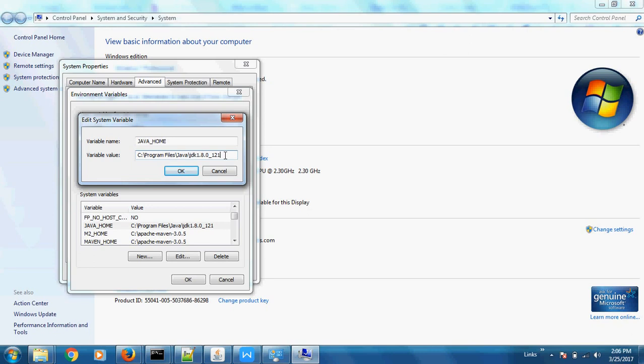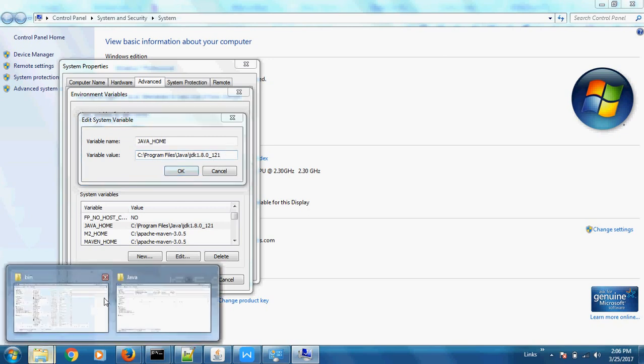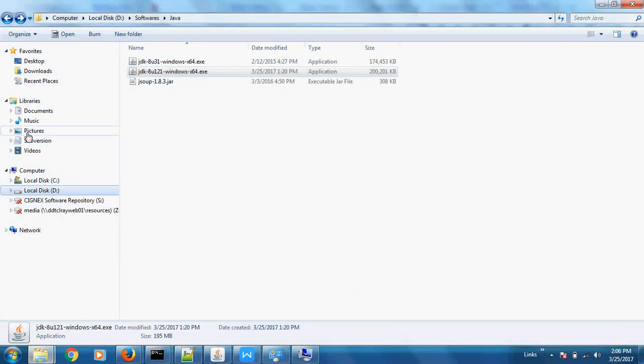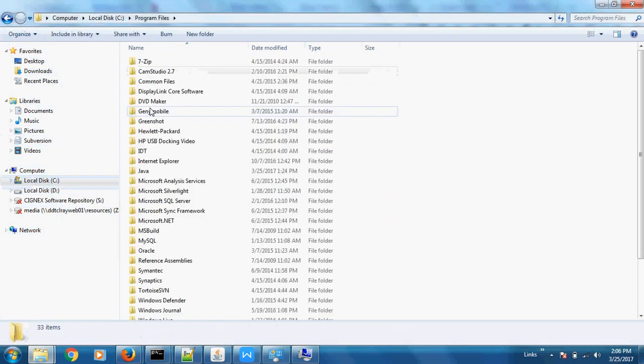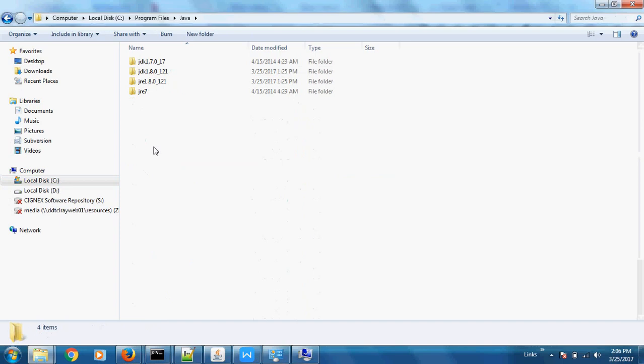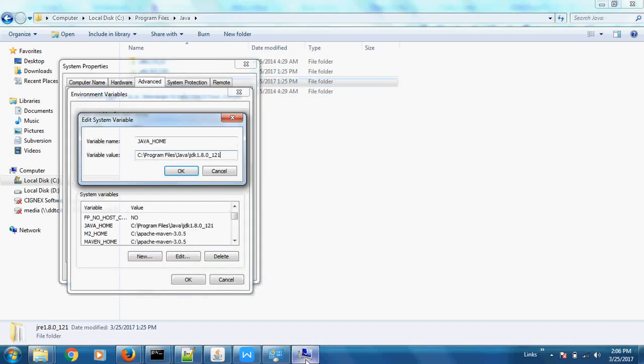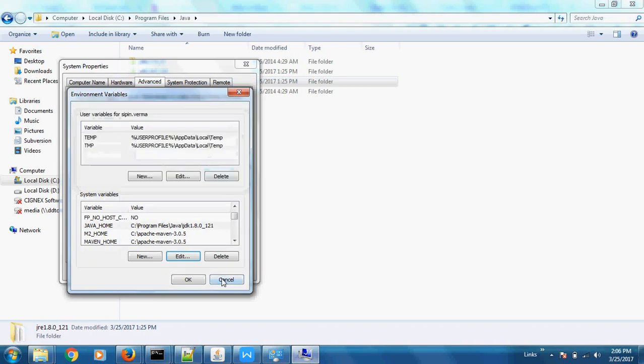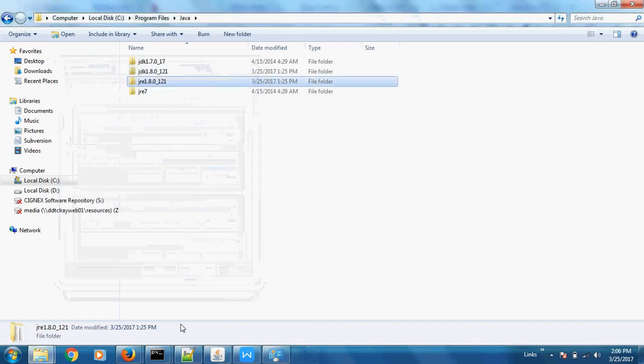You will know the path where it is getting installed at the time of installing Java 8. This is the place where I have installed the JDK. Here you can see previously I had JDK 7 and JRE 7. Now after the installation I have JDK 8 and JRE 8. Once you have done this and updated your environment variable, you need to make sure that you have the correct version.